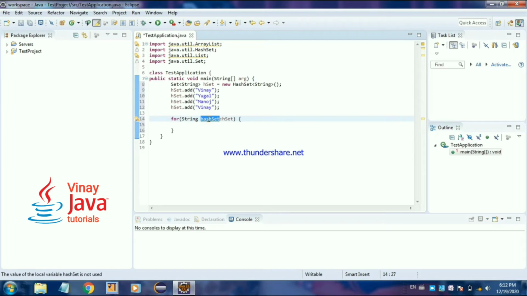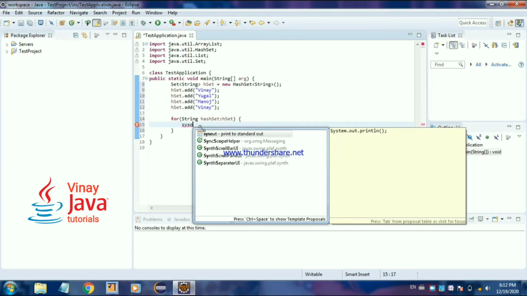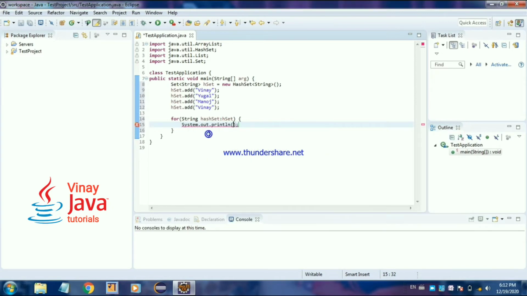On the left hand side, I will get the elements from hash set variable. So let's print SYSO control space. So I will get all the elements. I have printed using system.out.println.